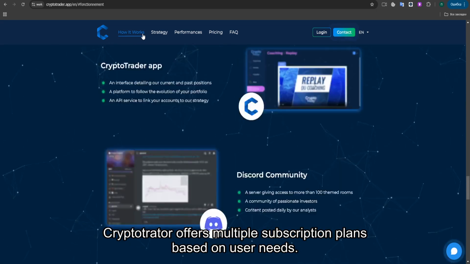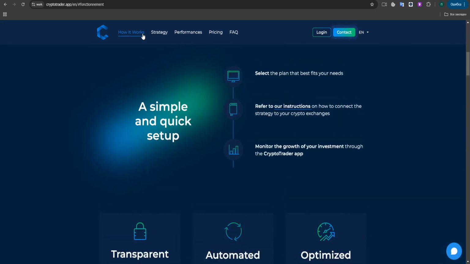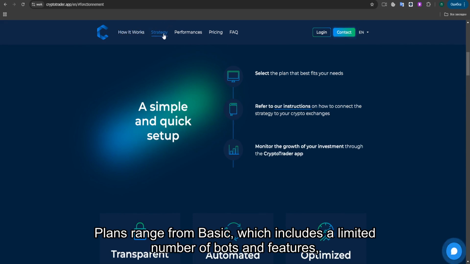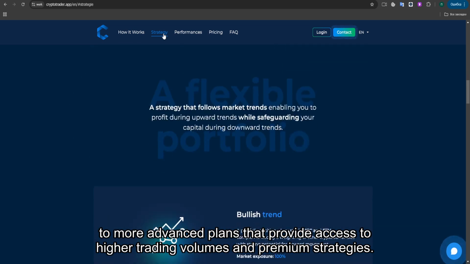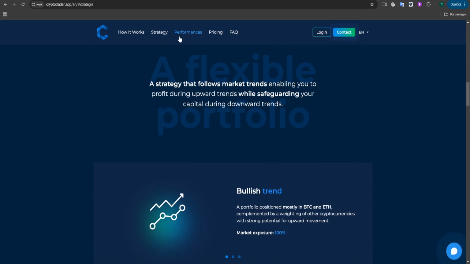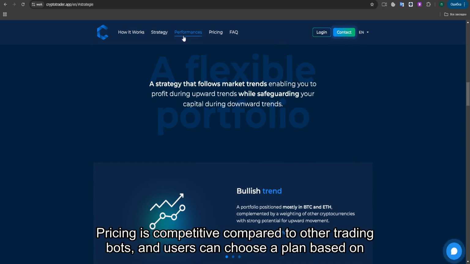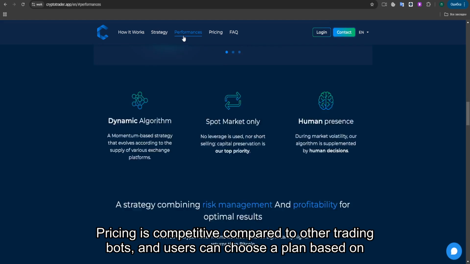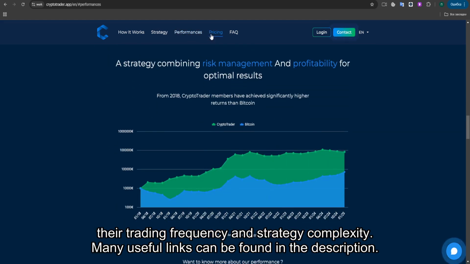Cryptotrader offers multiple subscription plans based on user needs. Plans range from basic, which includes a limited number of bots and features, to more advanced plans that provide access to higher trading volumes and premium strategies. Pricing is competitive compared to other trading bots, and users can choose a plan based on their trading frequency and